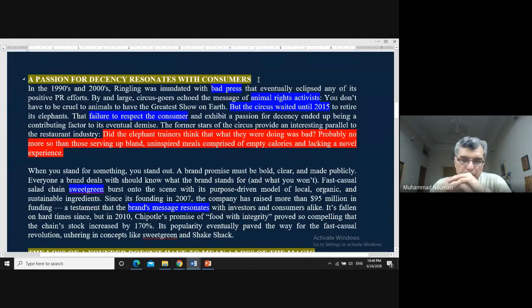Now, if you look at this section, the main idea that the author is trying to convey is that businesses, organizations, whether in the restaurant sector or any other sector, who listen to their consumers, who pay attention to what their consumers or some of the other market players or influential stakeholders are saying, they are the ones who can survive. And those brands, those organizations, those businesses, including restaurants, who do not pay attention to the trends or what the consumers like or what they dislike or what feedback they are giving, who just carry on with things the way they are and do not make any effort to listen to their client or customer,